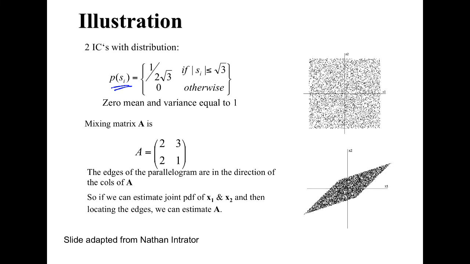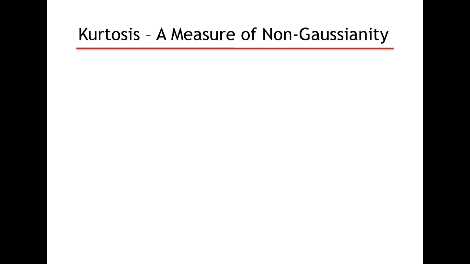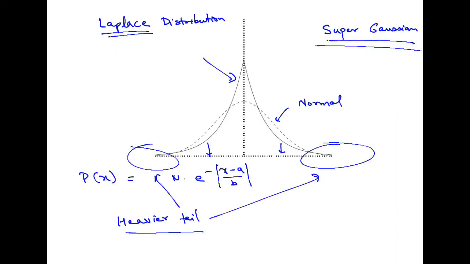That's the same idea in a different way. How does ICA recover the components? Contrast it with a Gaussian distribution. If you have a Gaussian distribution, it will look like this. And now if you mix this with the same mixing matrix, the distribution will still look like that. Nothing will change, because a sum of 2 Gaussians is a Gaussian. If the distribution doesn't change, there is absolutely no way you can figure out the original components of the distribution. Okay, so this we have done, kurtosis we have done, and sub and super Gaussians we have done.